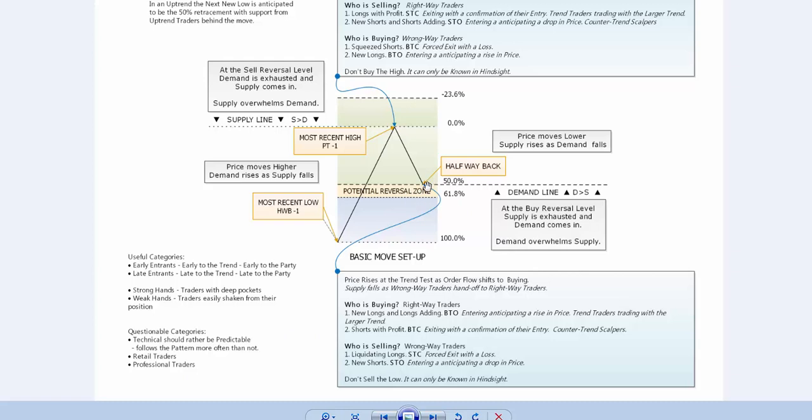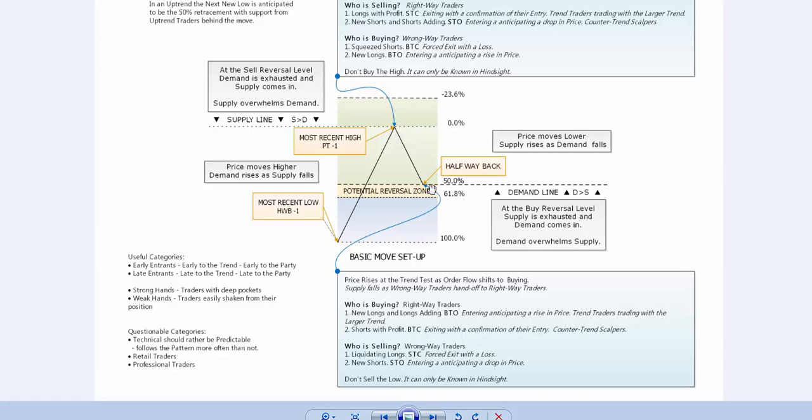So who is buying inside of that pullback? There are new longs and longs adding. They're buying to open new positions. They're entering in anticipation of a rise in price. Trend traders trading with the trend are also adding to positions. Who is also a buyer or a force,